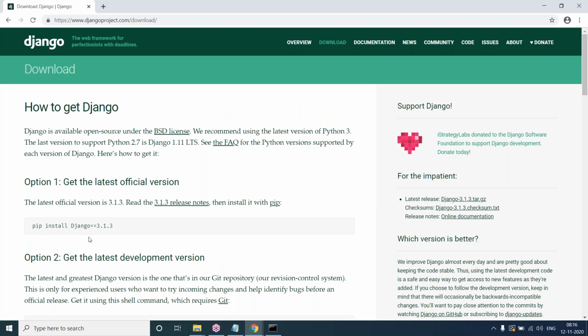So here pip install. Pip means Python package manager. It is used to search and install Python packages developed by the Python community. Django contains Python files only. Django is completely developed in Python. It has Python files or modules. So here like this we can write Django 3.1.3. We can install old versions also. If you want to see the old versions,